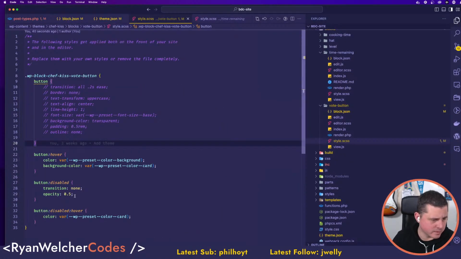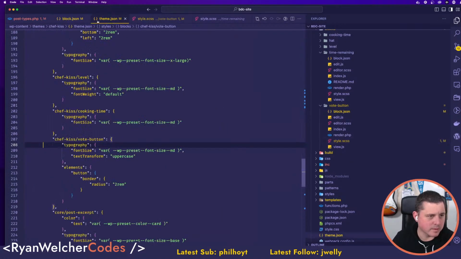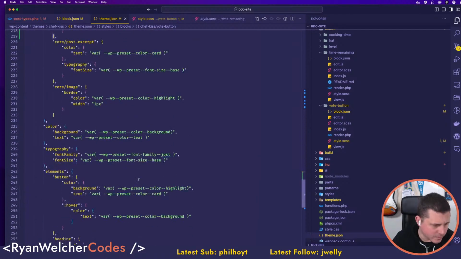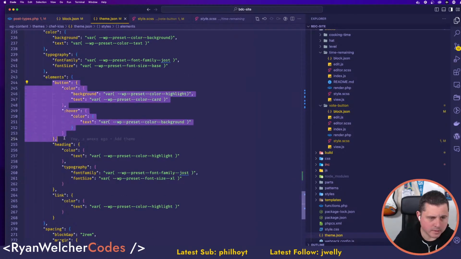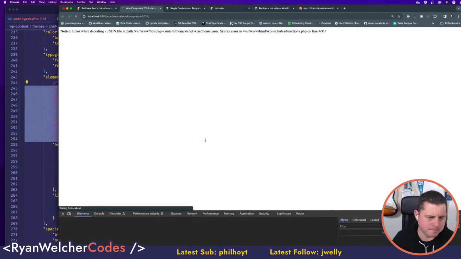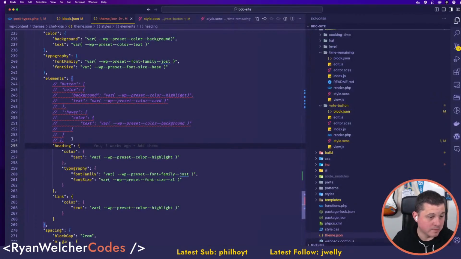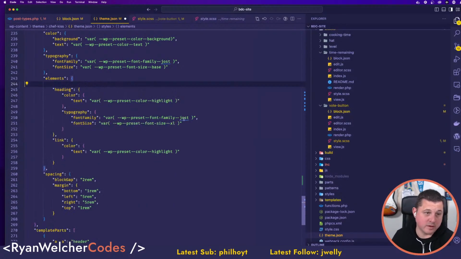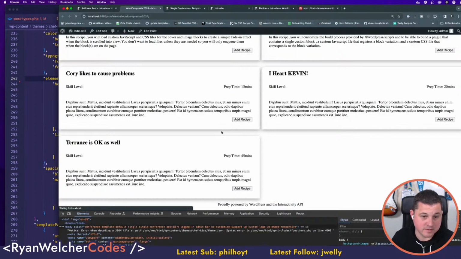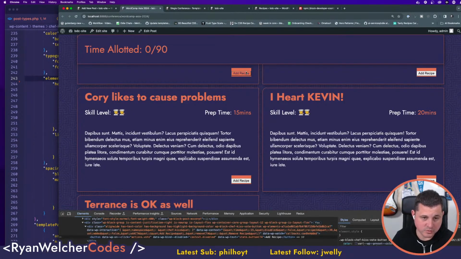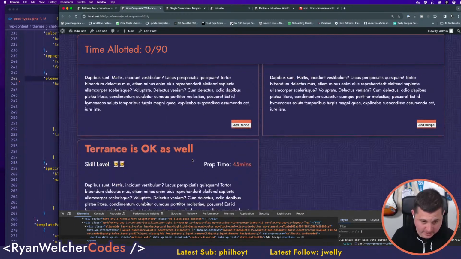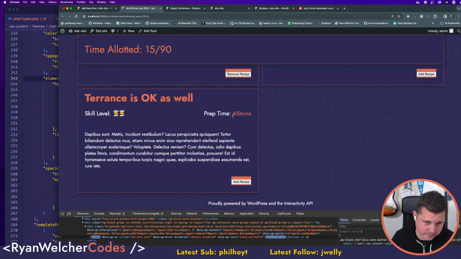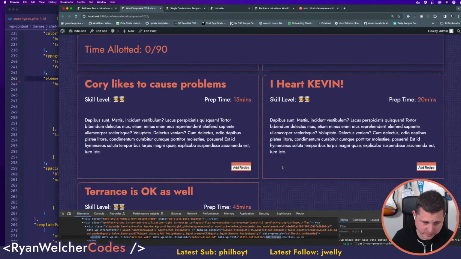Let me just see if I have anything else. There's nothing else in here that's messing with that. So, oh, let me go back to my elements. You know what doesn't like comments? JSON files. Do not like comments. It might just be a button thing. It might just be an issue with this. Okay, so that's fine. This still does what it needs to do. I just need to figure out where to style it properly.